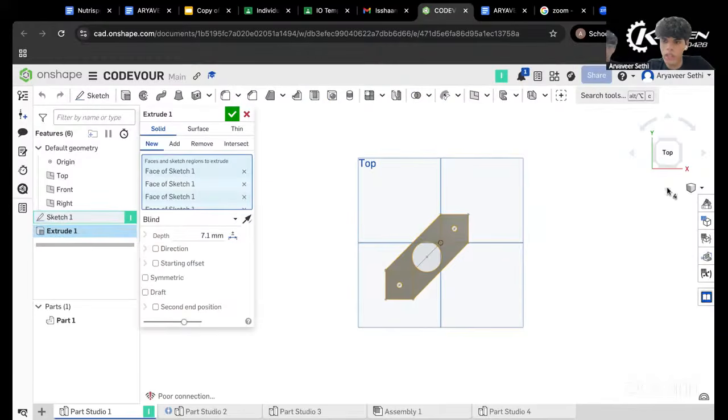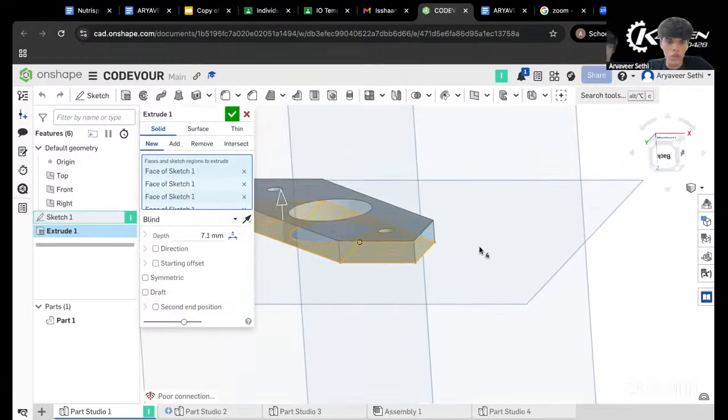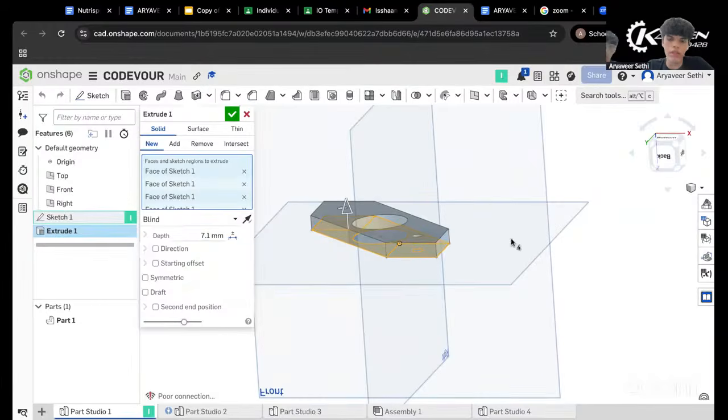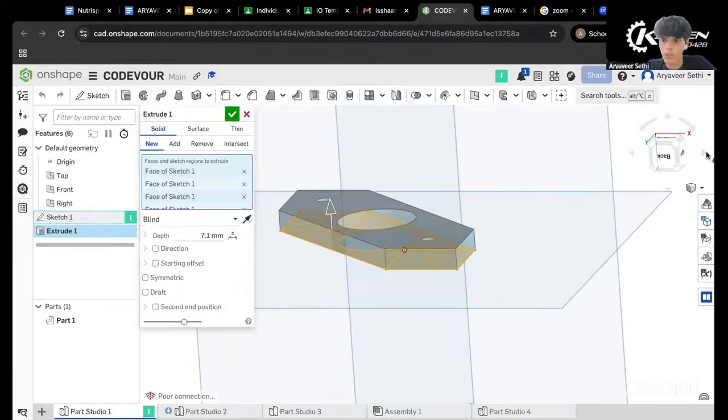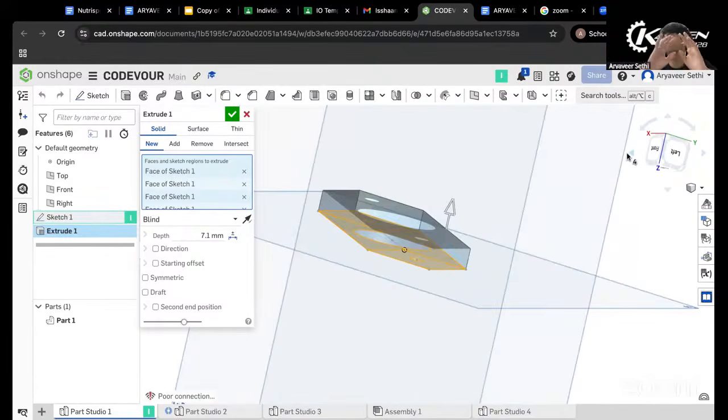Yeah, and after extruding, this shape looks like this. Like it's a 3D model, and its depth and everything is already defined. And this is just one part studio of your entire model. So each different part of your robot is going to be a different part studio, like the wheel, the chassis,